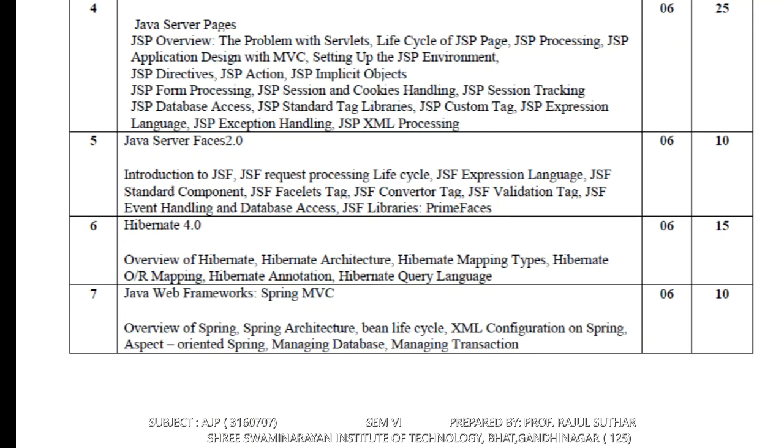In this chapter we will cover an overview of Spring architecture, Bean lifecycle, XML configuration in Spring, then managing the database as well as managing transactions. The last chapter covers 10% weightage.